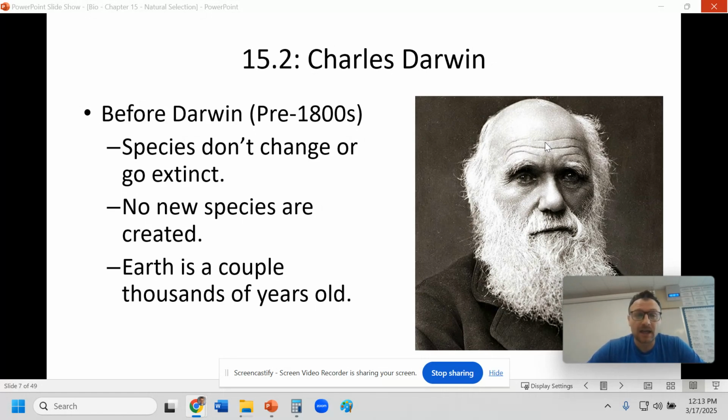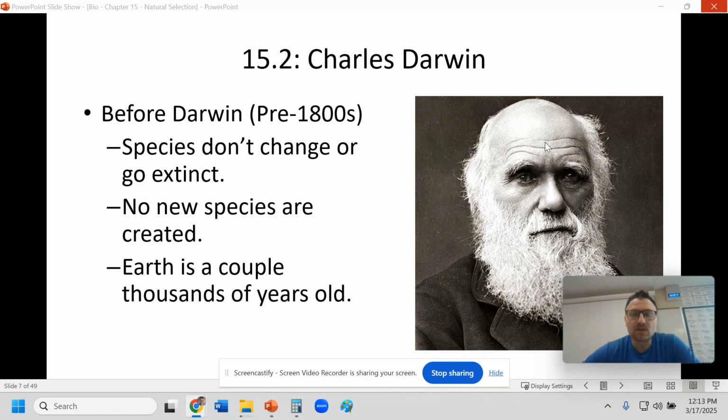There's going to be a lot of material that we go over in this section that you don't have to write down. I only think there's actually a couple slides here. I like to talk about the history of Darwin, just because obviously he was a very influential scientist, and a lot of his background is just interesting, and you don't really need to memorize.